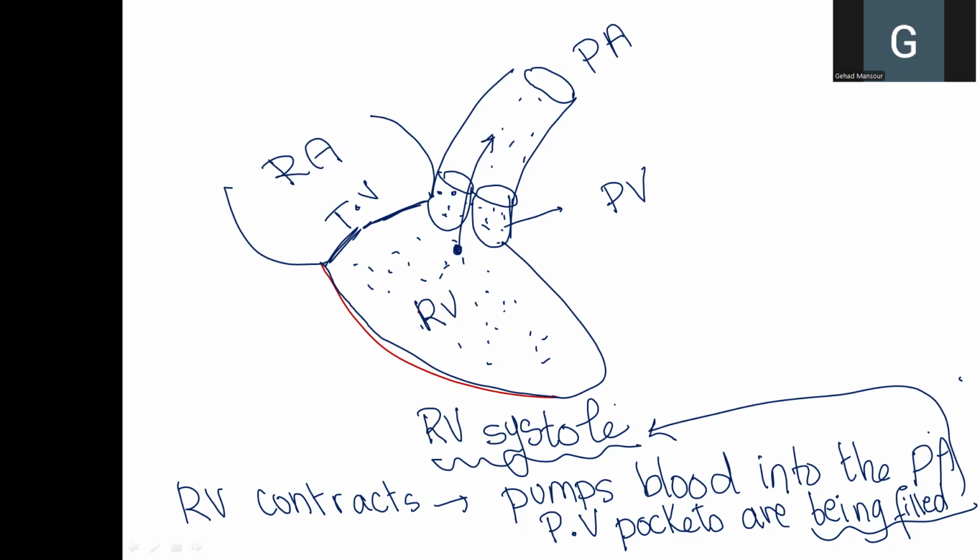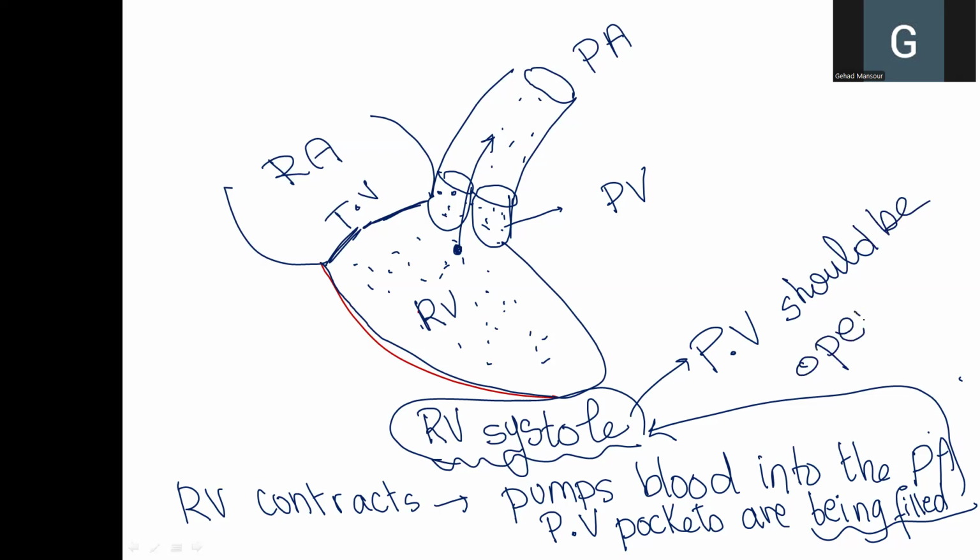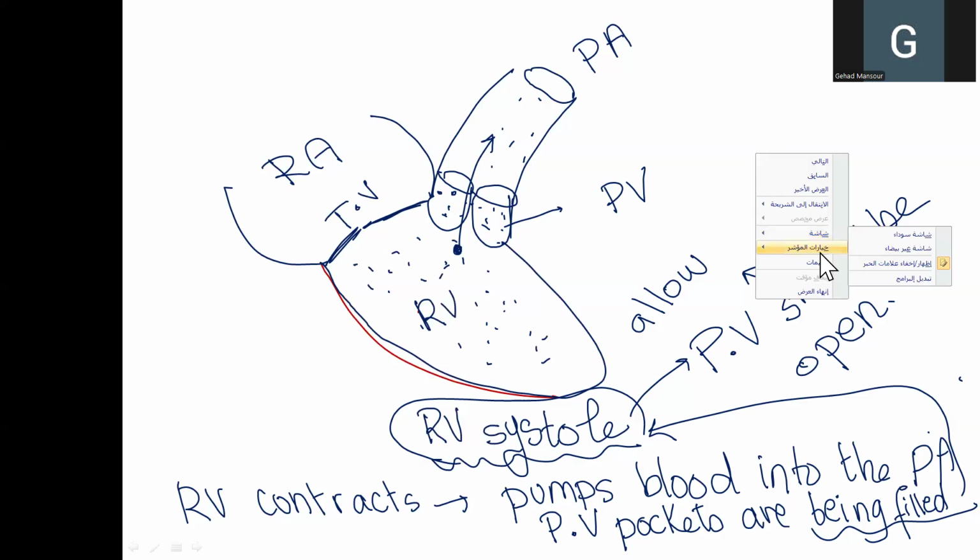So this indicates that during the whole right ventricular systole, the pulmonary valve should be open. It should be open in order to allow passage of blood from the right ventricle to the pulmonary artery. At the end of systole, the right ventricle decides that there is no more blood to pump to the pulmonary artery. This doesn't mean